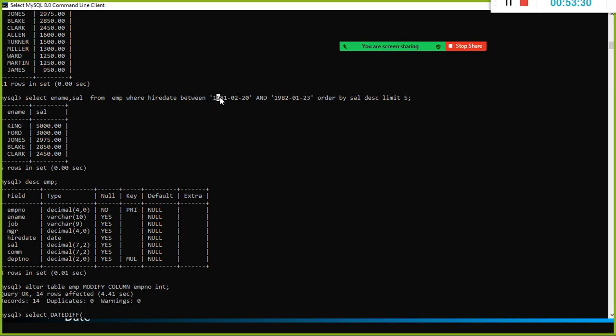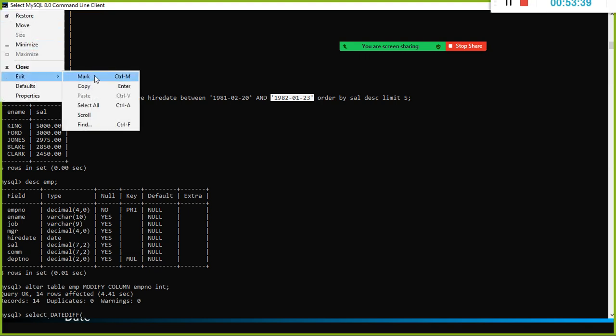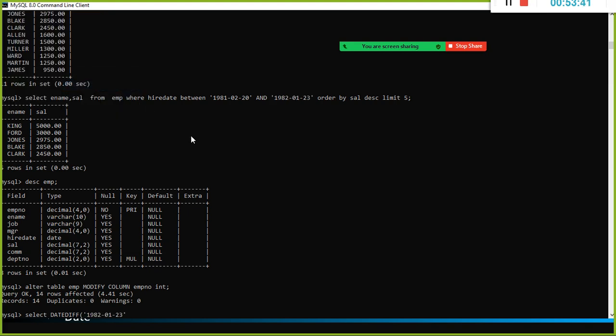You want to find out the difference between 2 different dates. So which one is the bigger date, right? This is the one, because 82 is there, year 82. I'm going to subtract 81, year 81 from 82. So you wanted to basically understand how many days are there between these 2 years.